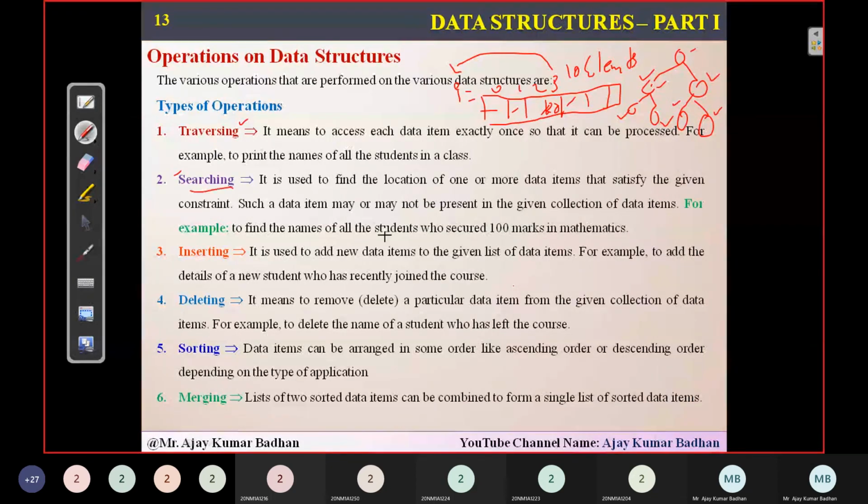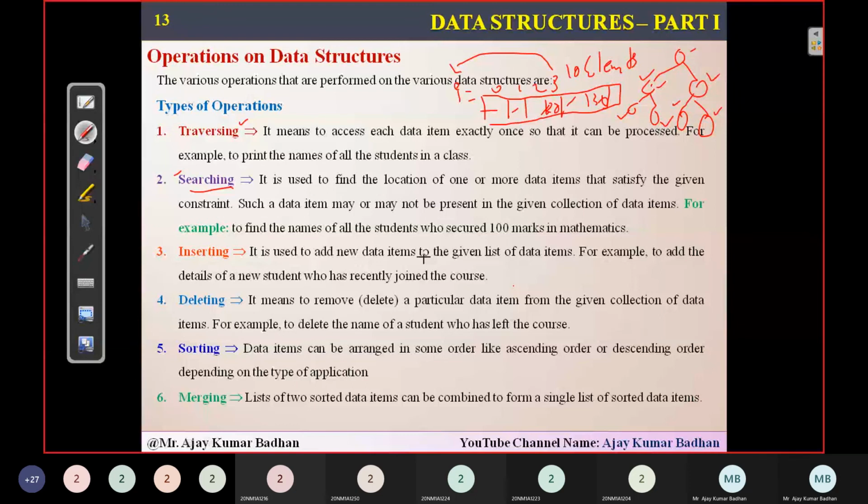Or I want to find out whether the element 30 is present in the array or not. The same thing will be implemented in trees also. You will try to find out whether an element is present in the nodes or not. If after searching the entire tree you do not get that element, that means the element does not exist. But if you get it, we say that the element is present.